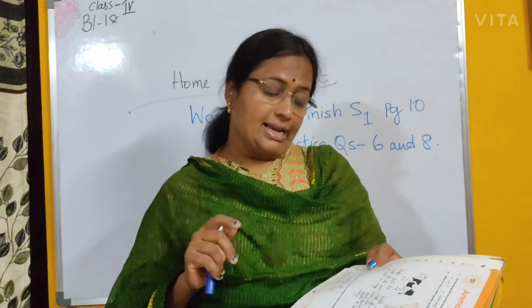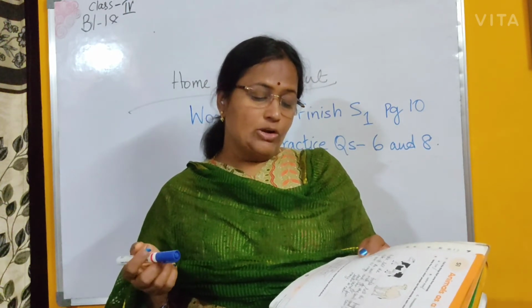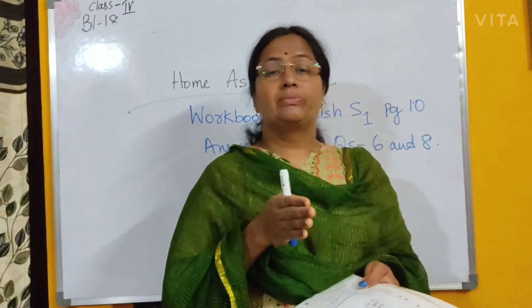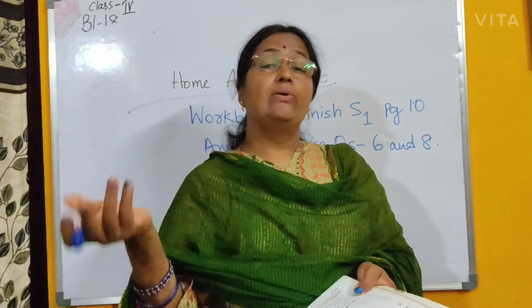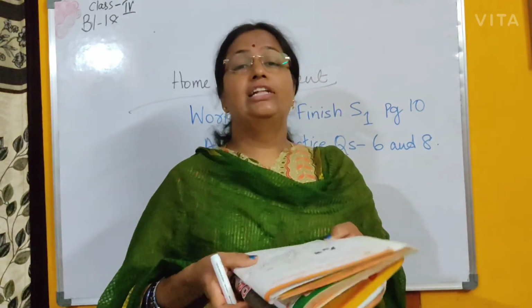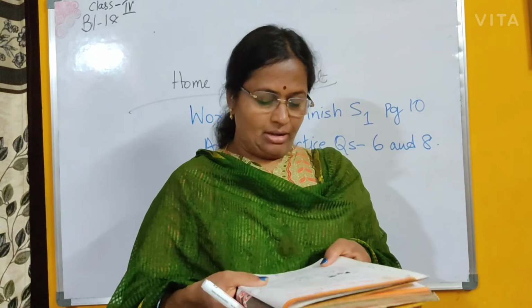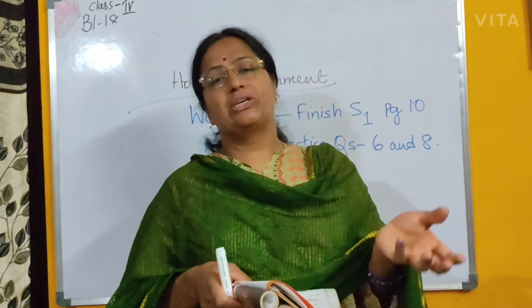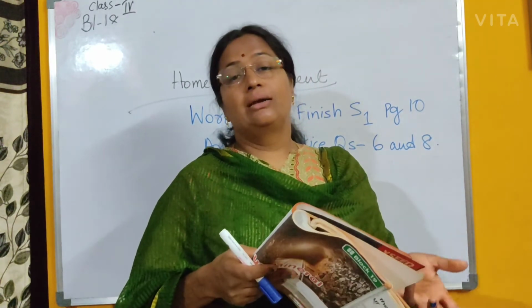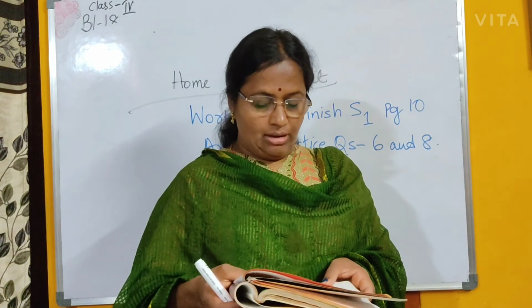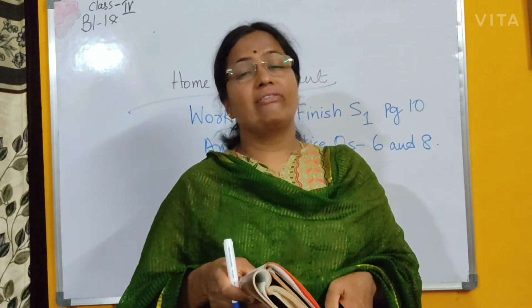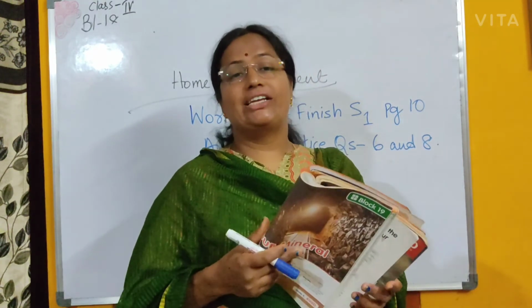The third question, write another thing that you can use instead of these animal products. They have given some products. You have to write, can you use some other thing instead of this? A. Leather bag. Instead of a leather bag, we can use a jute bag. Instead of fish oil, you can use mustard oil or sunflower oil. Instead of leather shoes, we can use foam shoes. Instead of milk, we can take juice from fruits, or soy milk is also available. So that was your worksheet S1, students.